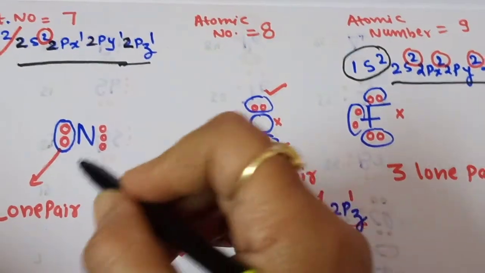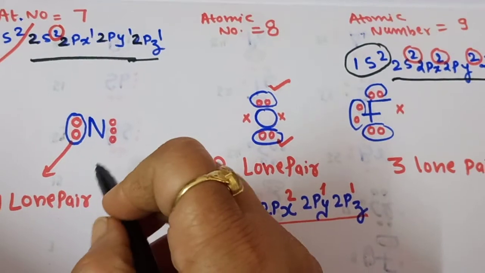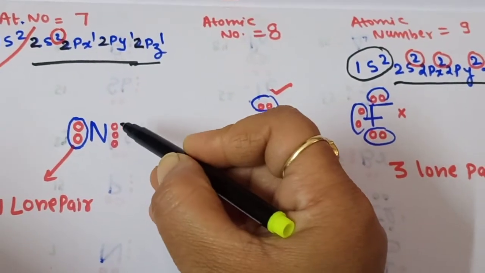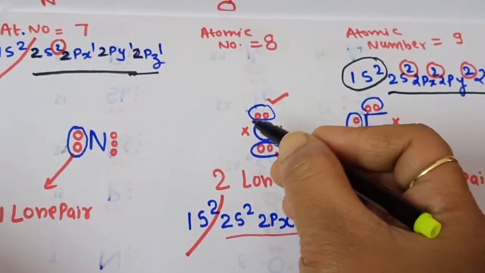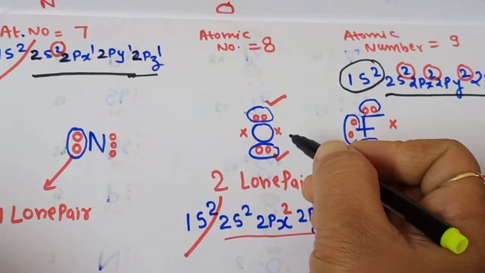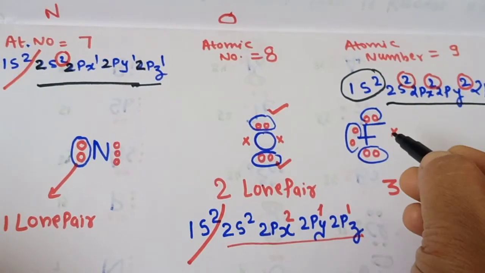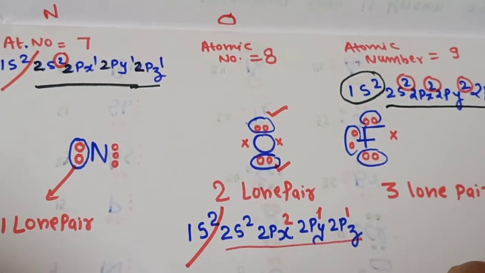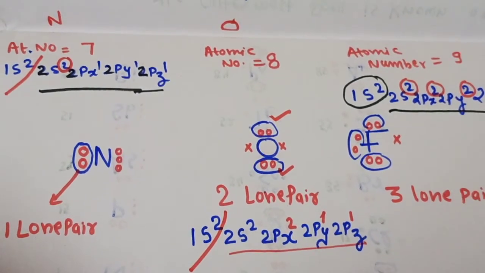Ahead, in some videos I will try to explain the bonding also. So you can see this nitrogen makes the triple bond. Here oxygen has 2 unpaired electrons, it can form 1 sigma and 1 pi, and fluorine mostly forms the single bond as there is only 1 electron. Now let me say